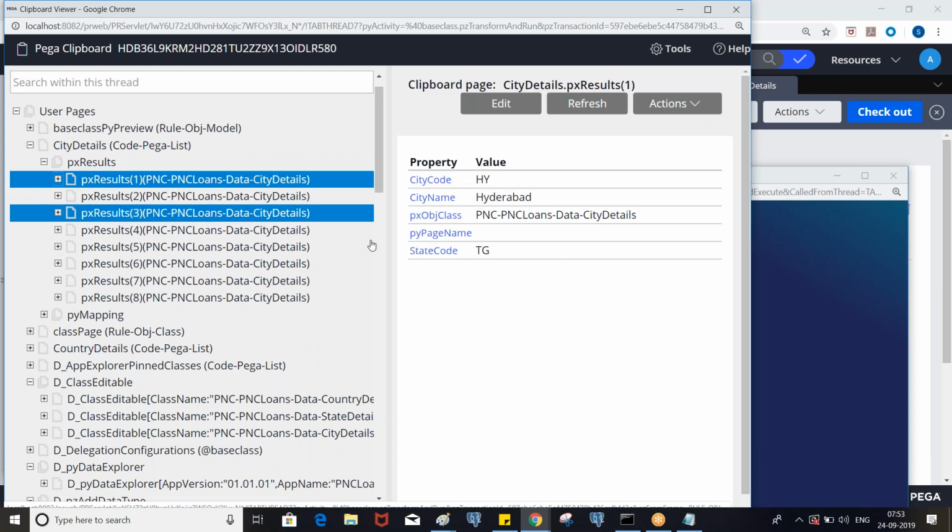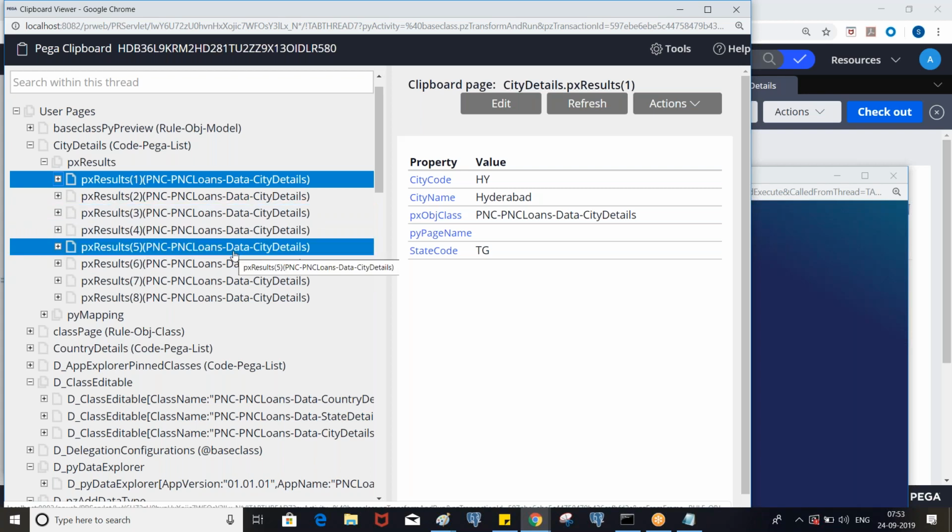So the number of pages is equivalent to the number of records in your database. We are not putting any condition, right? If you fetch based on a condition, then we'll get only the corresponding records. Let's say I want only India related cities, then you will get 4.